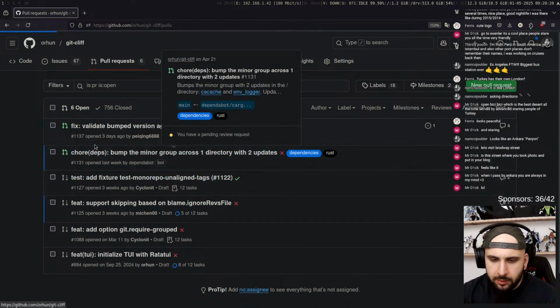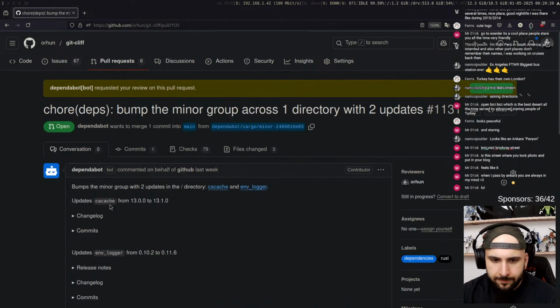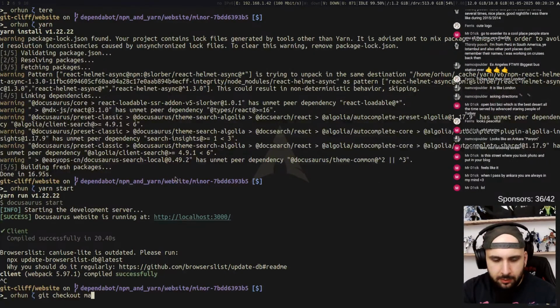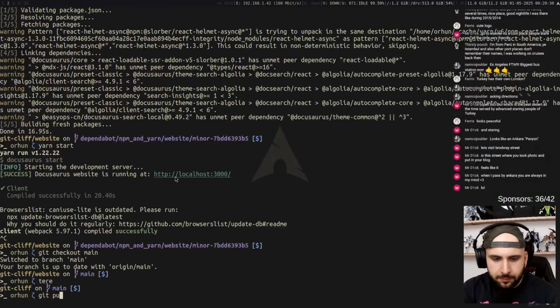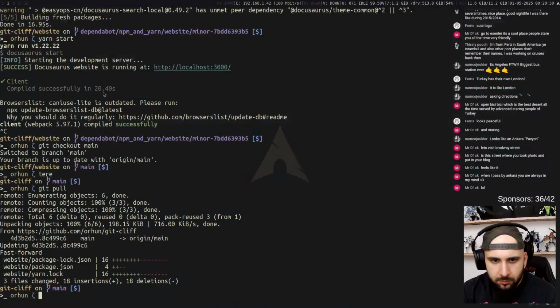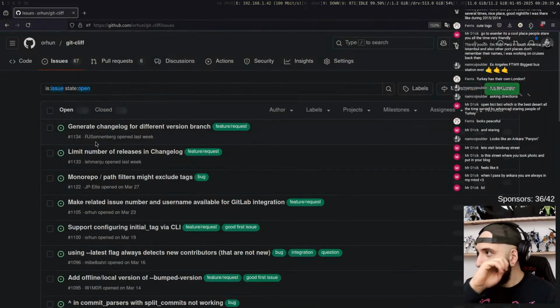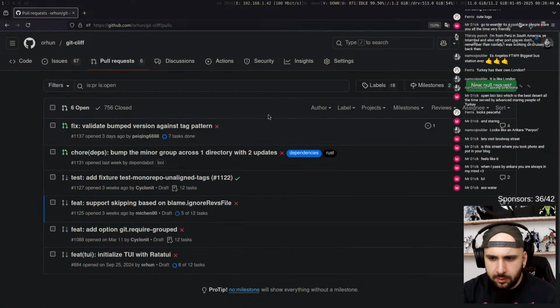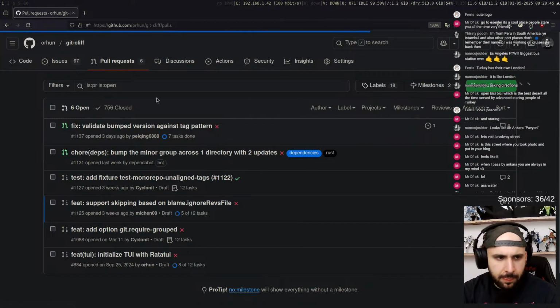Okay, with the minor versions. Okay, this was broken. This won't work. Alright, let's go to main. Pull. Alright, so my workflow when it comes to creating a new release is basically I go ahead